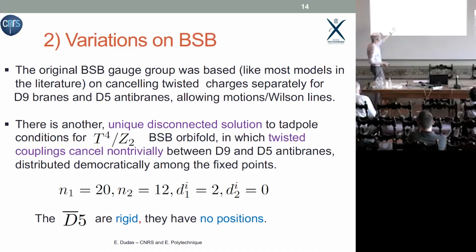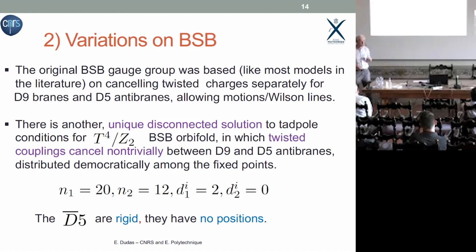Here, if you look a little bit here, in all fixed points, because D9 branes wrap the whole internal space, in all these 16 fixed points of the Z2, you have a difference of 20 minus 12 charge plus 8